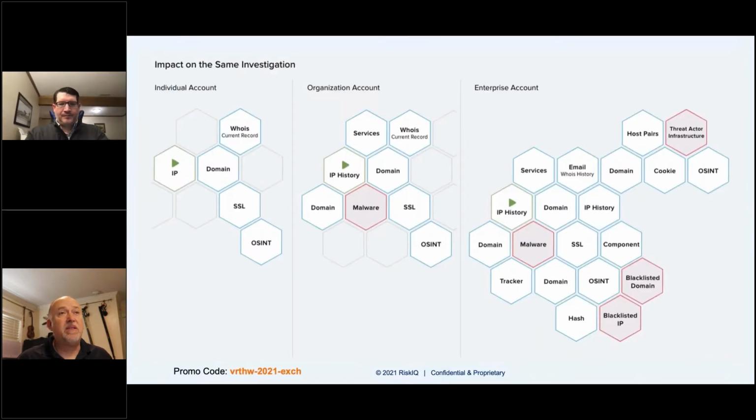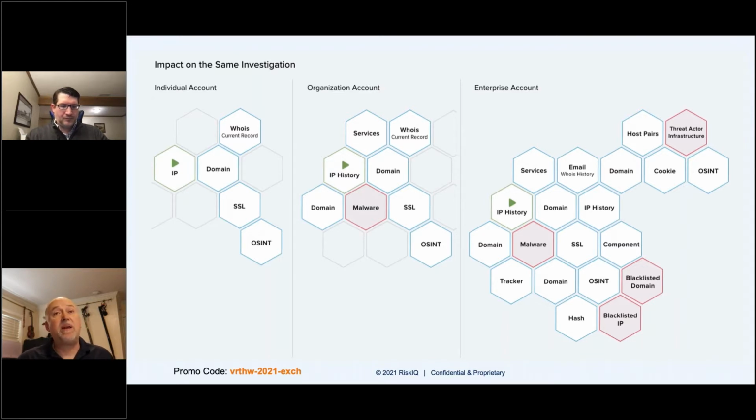But the reason why this is important is that if I'm using the free community account with a free email service, we haven't really vetted you. We don't know that you're doing this for good. You might be a bad person that's trying to find places to attack. So we limit what you can see in the product. You still have access, but you don't have access to everything. So if you did an investigation with that, you might only see a little bit of the infrastructure when we chain it together. If you use the organizational email, you're going to see more and be able to chain more of that together. And you'll be able to see additional data sets that you don't get with the free email account.